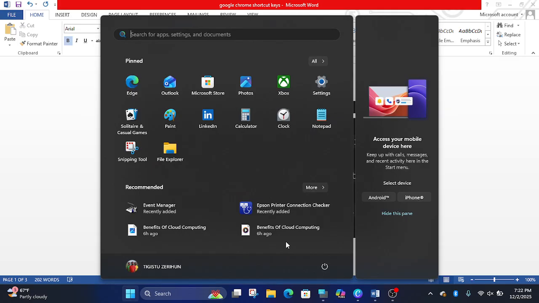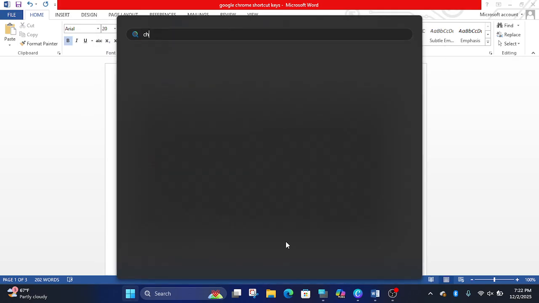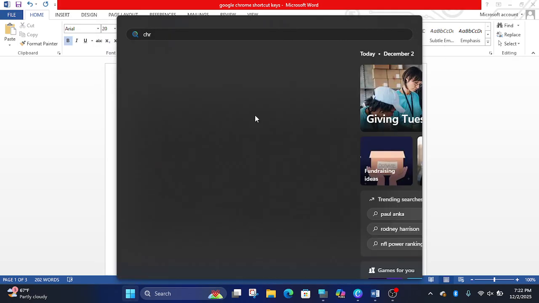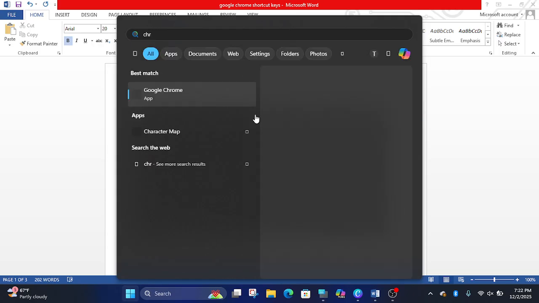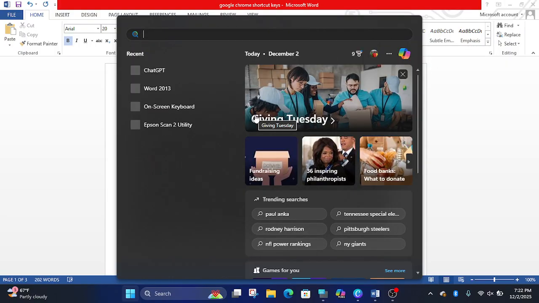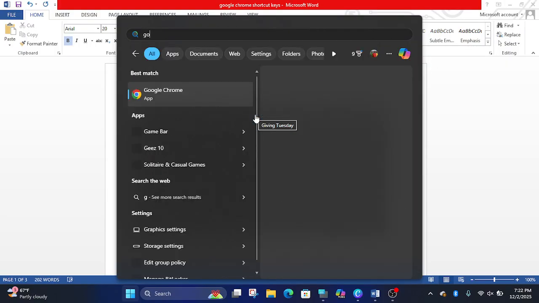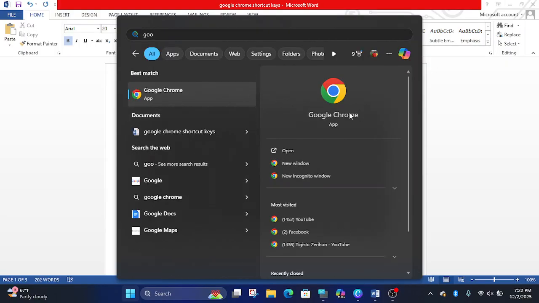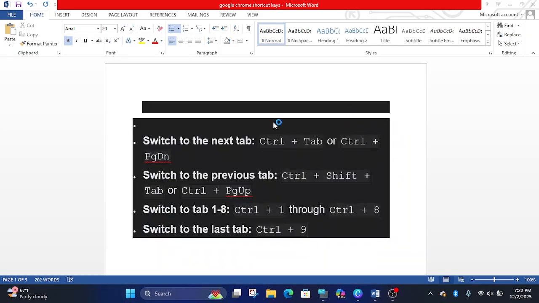Start menu, you can type Chrome, or you can type the first word of the phrase, Go, then choose Google Chrome, then Control Shift T. It helps you to open the last closed window.